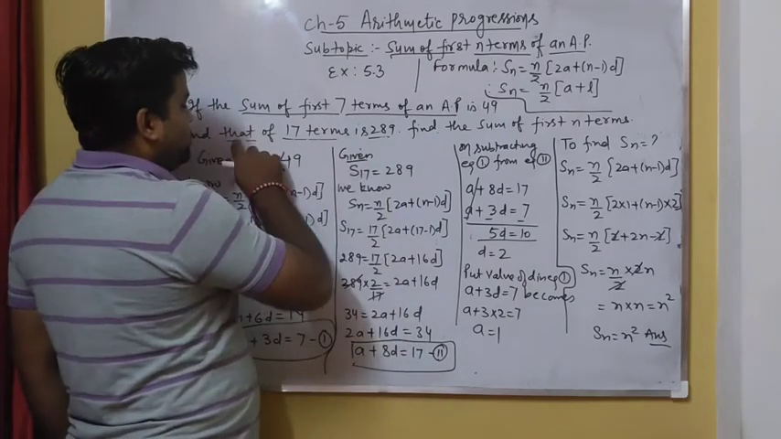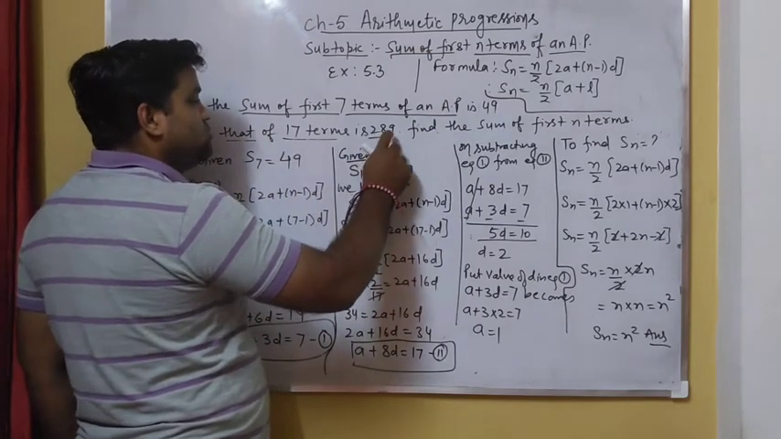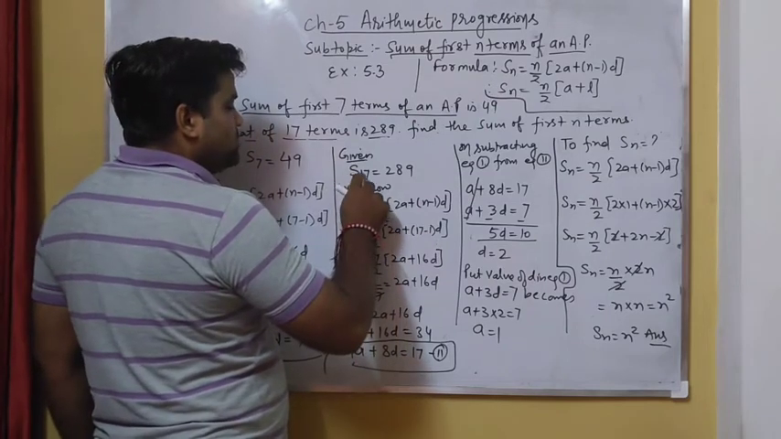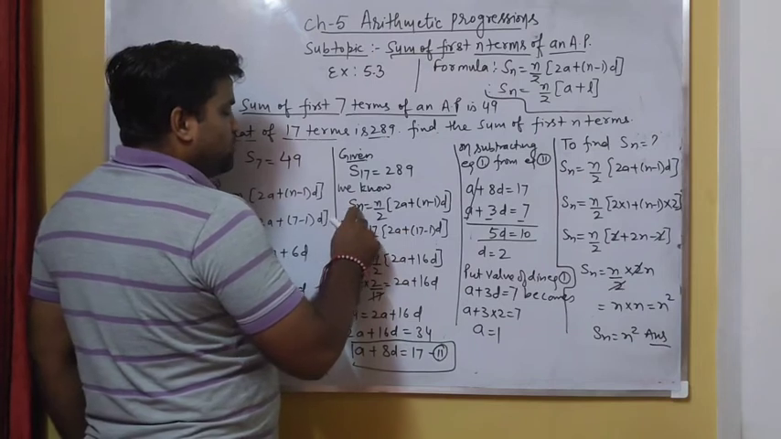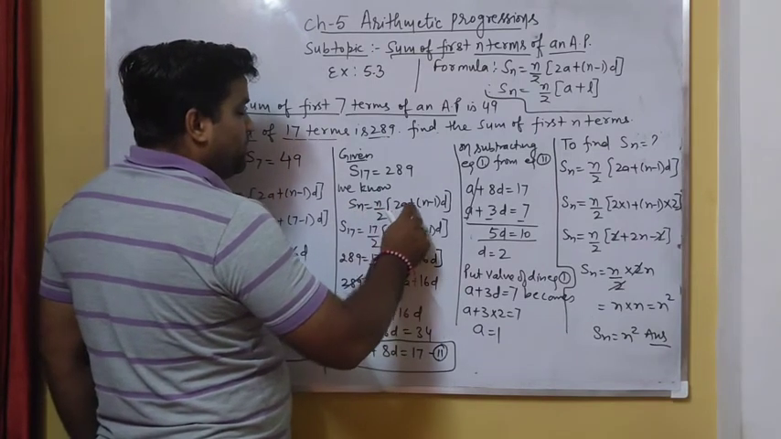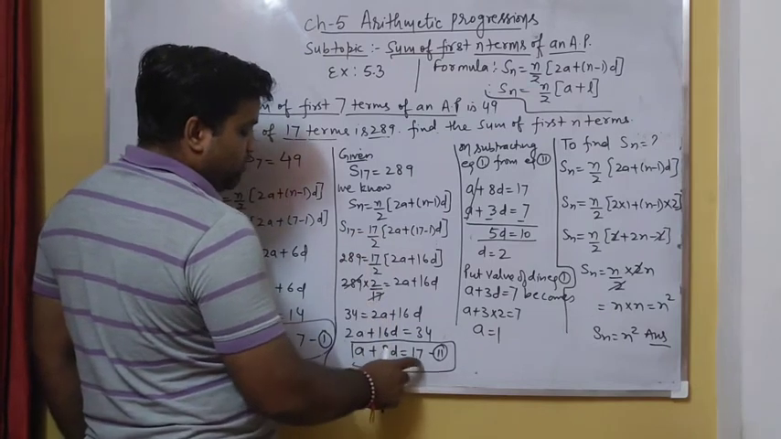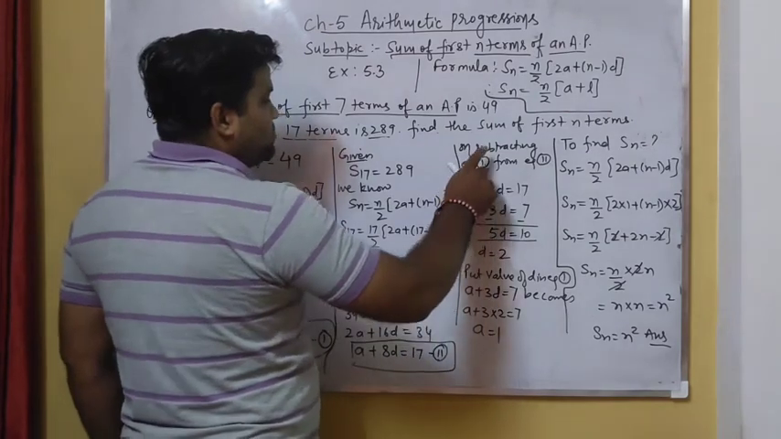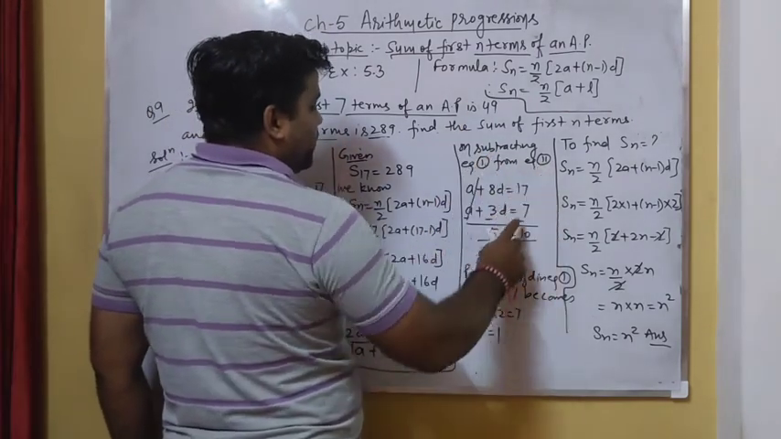Now it is given that the sum of 17 terms is equal to 289. So here we use the formula S equal to n by 2 into (2a plus (n minus 1) d). On solving, we get the equation a plus 8d equal to 17, and we consider it as equation number second. Now, applying the elimination method, subtracting equation number first from equation number second,